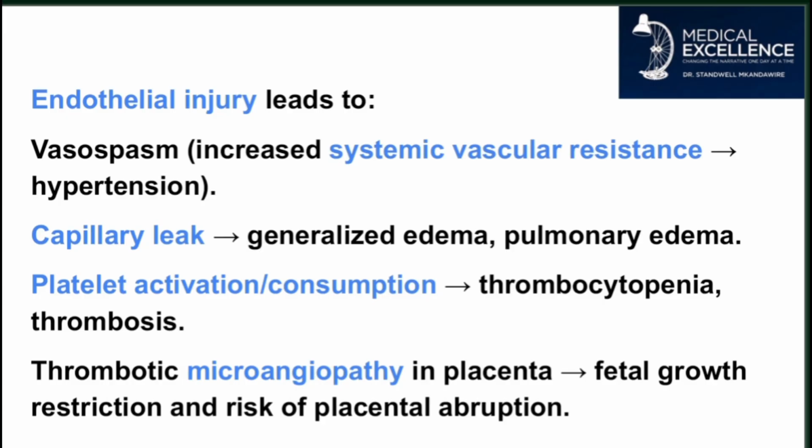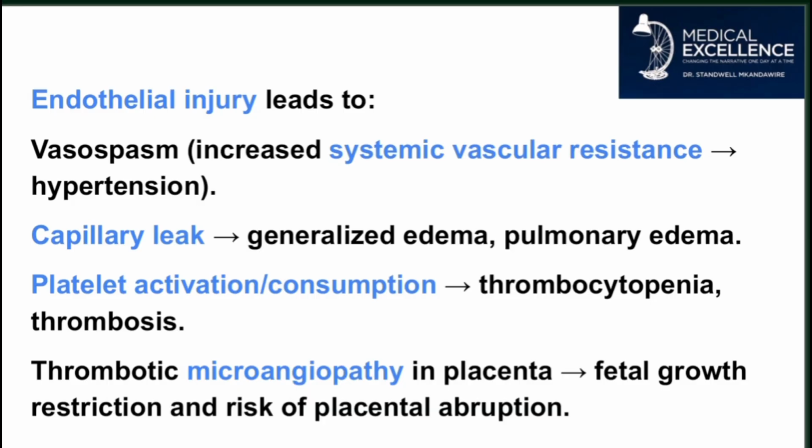So that ends up causing hypertension, and there's capillary leakage, which causes generalized edema, and there's also pulmonary edema, and there's also platelet activation and consumption. So preeclampsia causes derangement of the clotting factors, and hence it ends up causing the consumption and also causes thrombocytopenia and thrombosis. So there's also thrombotic microangiopathy in the placenta, which causes fetal growth restriction, and there's risk of placenta